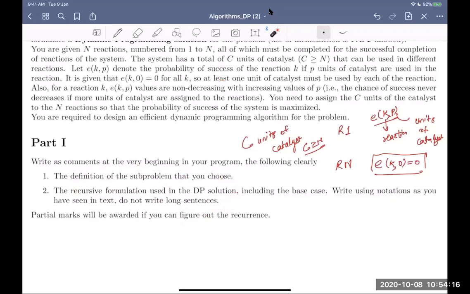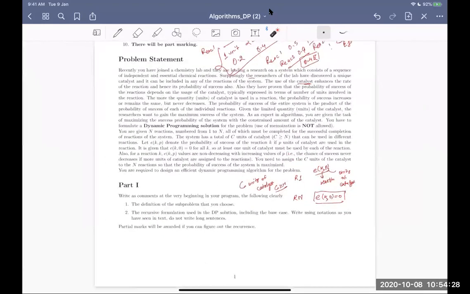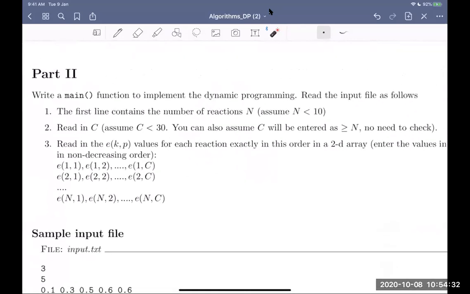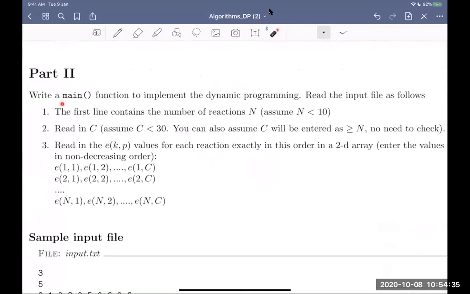This is only in text, you will tell us this is my solution for the program. This is very important. We need this to understand what solution you are proposing, and there are marks assigned for this. Once you have done that, you will go for the actual code. In the actual code, you have to write a single main function. So write a single main function to implement this algorithm.